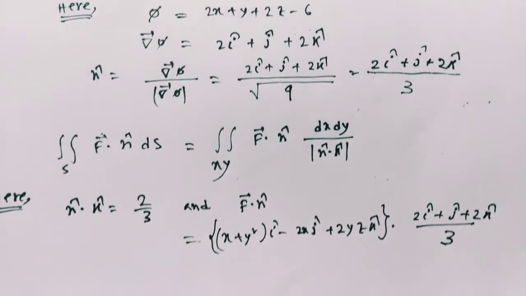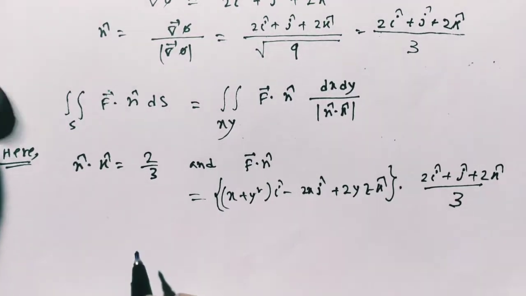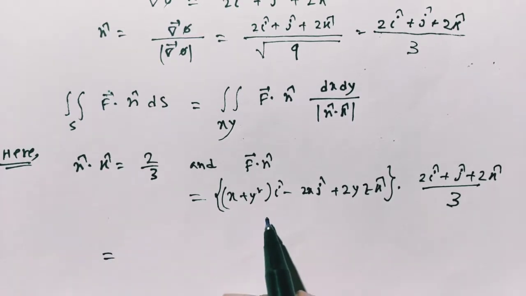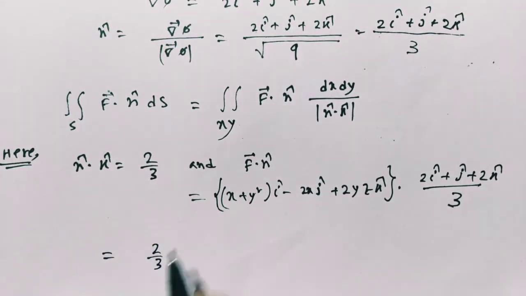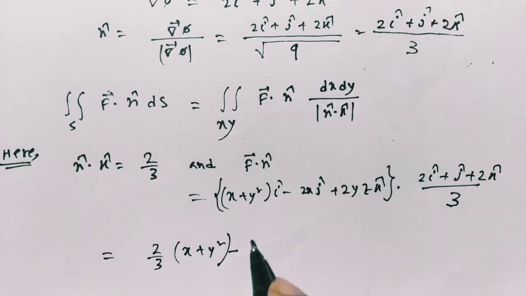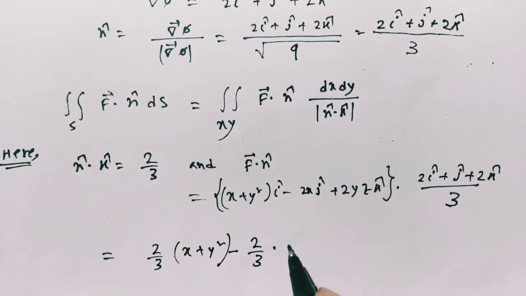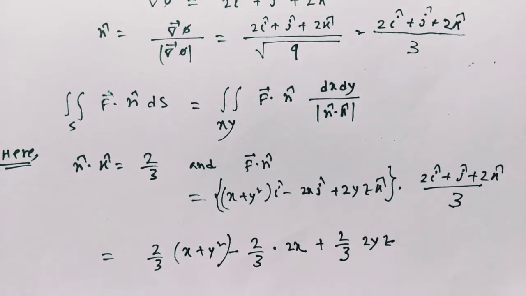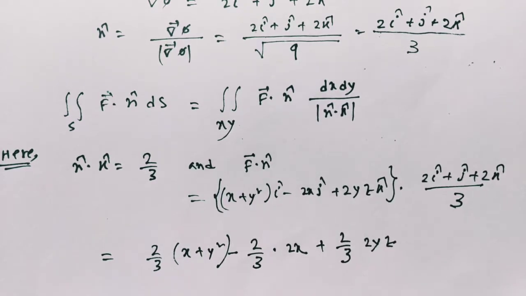Okay, now what will be this dot product? This dot product will be like this: 2 by 3 into (x plus y square) minus 2 by 3 into 2x plus 2 by 3 into 2yz. Okay, now if we solve this, we will get